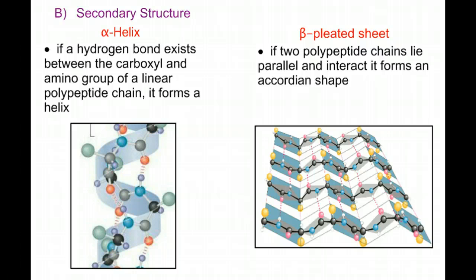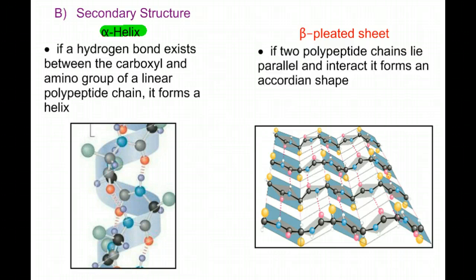Okay, and our secondary structure is the next category of proteins. So we're starting out small with our primary structure, and we're getting more and more complex as we go. So secondary structure can be one of two things. Alpha helix, and this is, remember when we talked about the types of bonds, hydrogen bond being one of them? If a hydrogen bond exists between the carboxyl and amino group of linear polypeptide chains, so if we took just the primary structure, one chain of amino acids, and it were to then, if you look here, here's our carboxyl